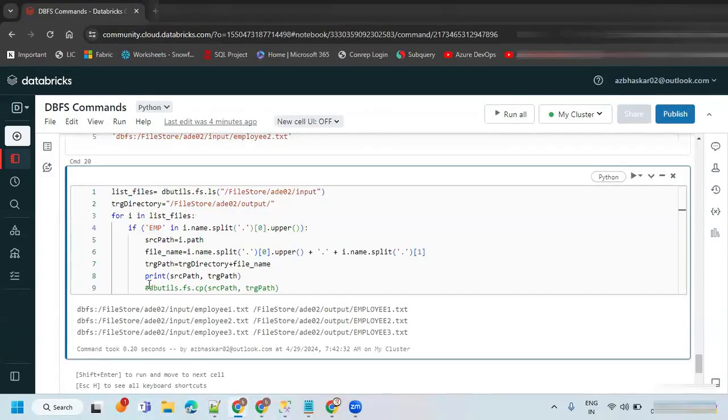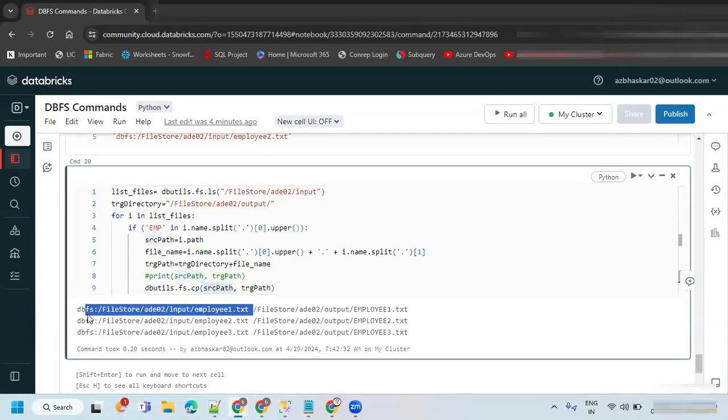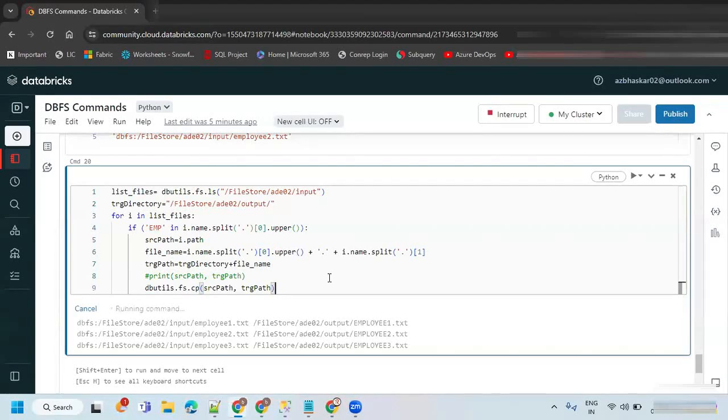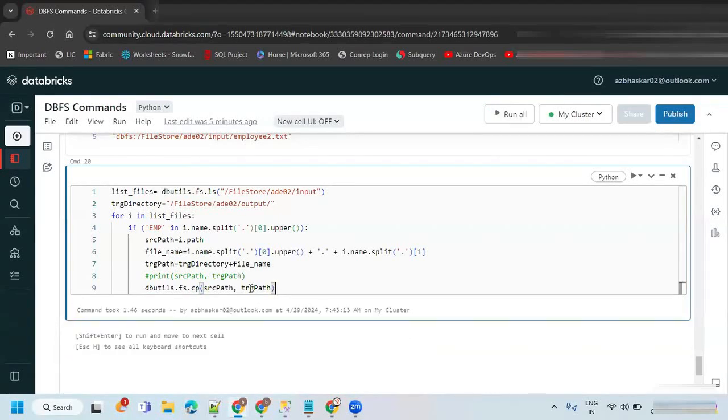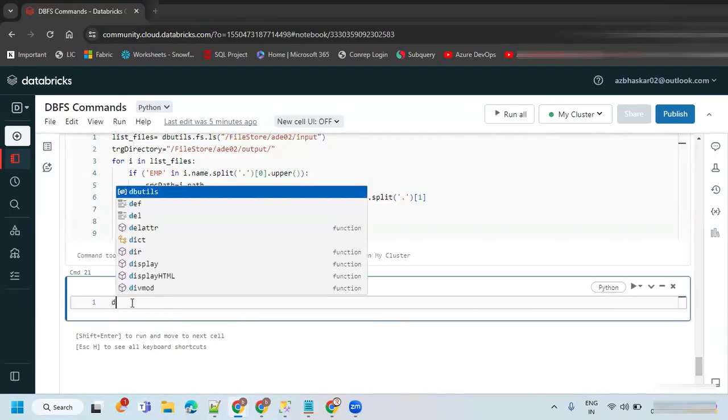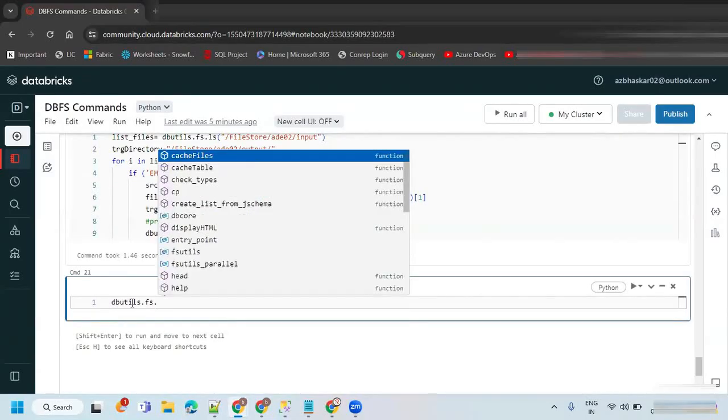Finally, you can make this a comment and execute this. This is the source path and this is the target path. Let's execute it. If you go and check what is there in the target directory, you can find there are 3 files. dbutils.fs.ls.